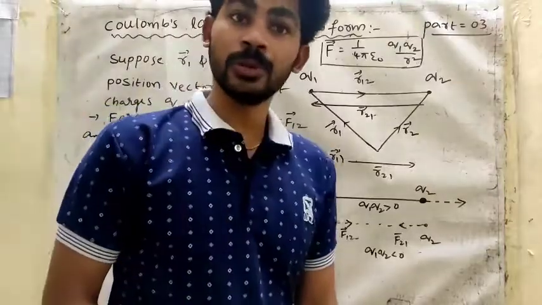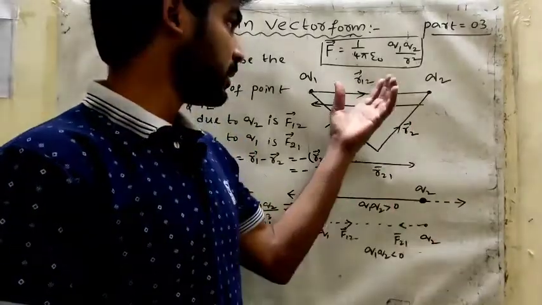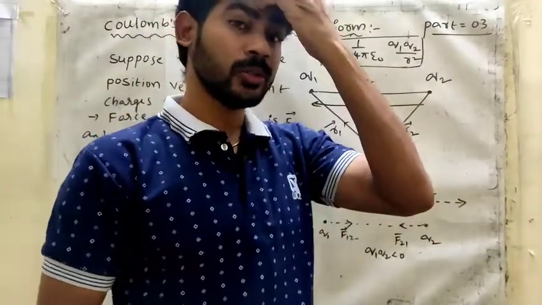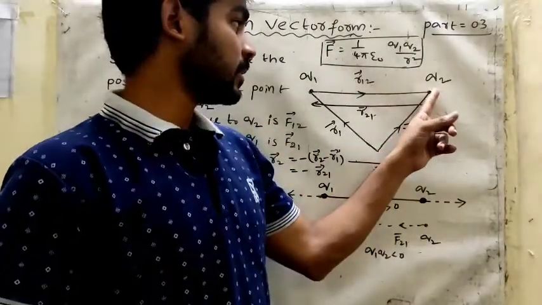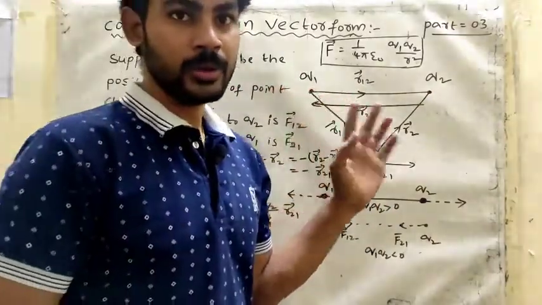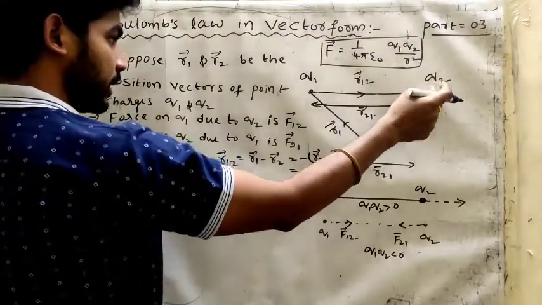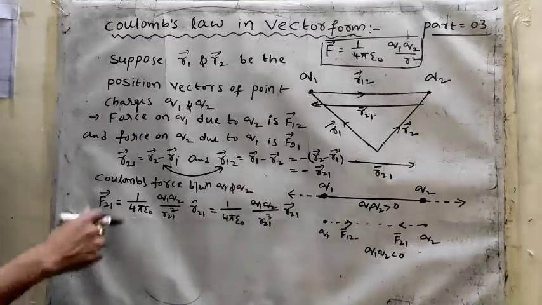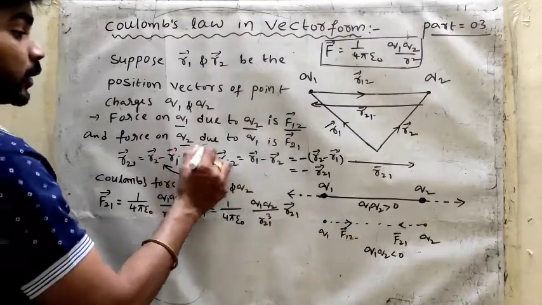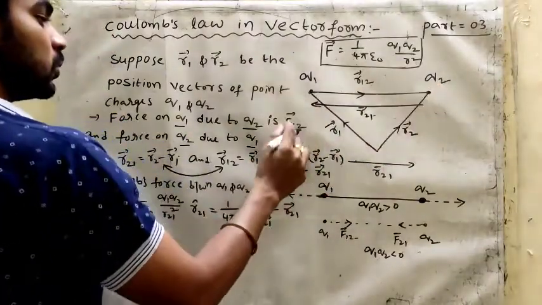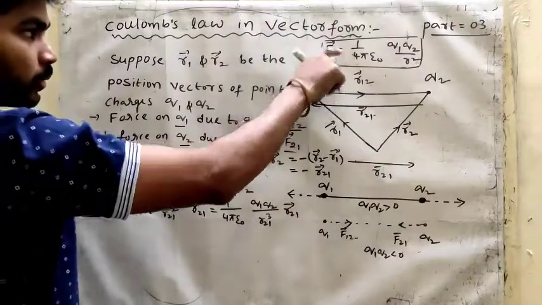Now we are calculating the forces. I know the position distances, so with that we can apply force. The first charged particle applies force on the second charge, as well as the second charge applies force on the first charge. Force on q1 due to q2 we can take as f12. Force on q2 due to q1 is f21. That f21 I am taking here. So what is that according to Coulomb's law?